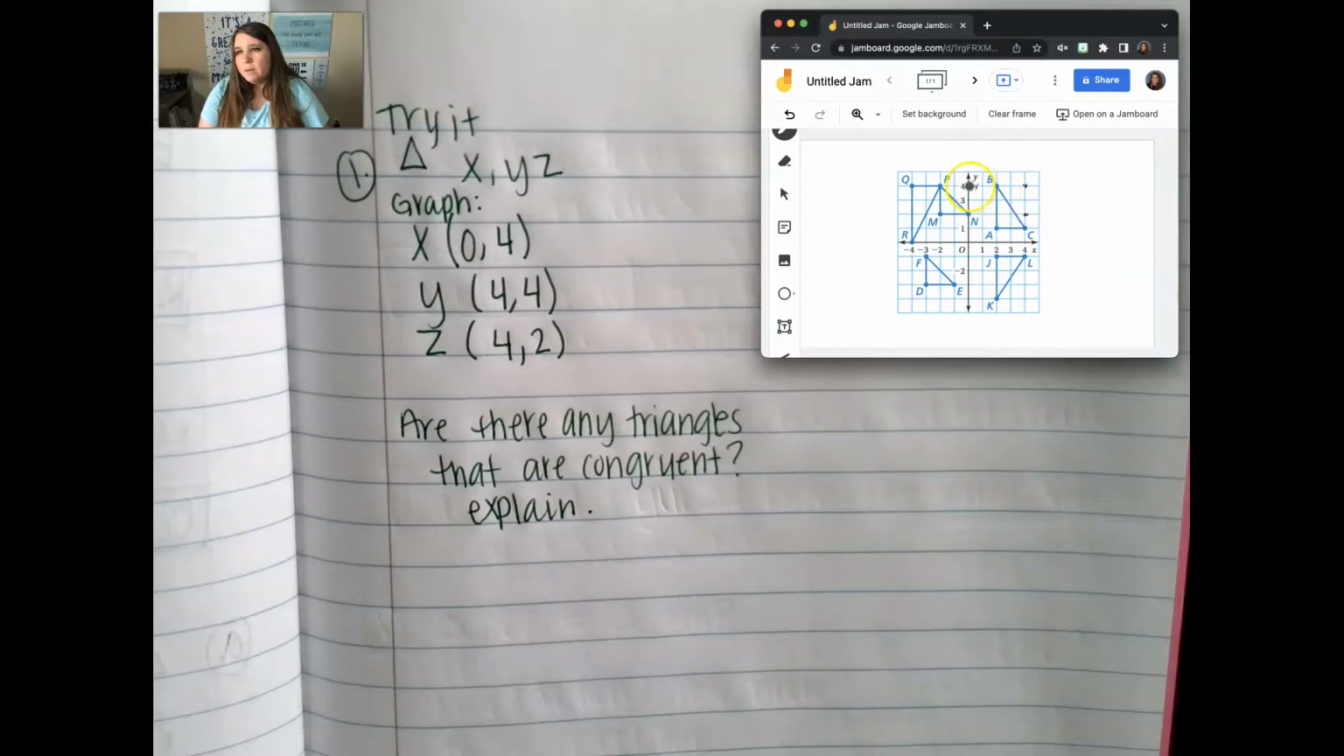All right, so I'm going to connect my dots here. Oh, you know what? I'm going to use that trick. So let's use the trick. We're going to go from here to here. There we go. Here to here. And there to there. All right, so first, our job is to identify, do we have any triangles here that